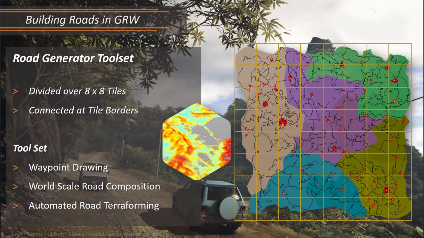If we look at it from this point of view, our terrain was divided into 64 2x2 kilometer tiles. Each of these tiles had a generated pathfinding grid. We could then connect together these waypoints into a larger lattice that would eventually form the basic connections of our road network. The pathfinder would path over these connections and then output the roads that would then be terraformed into